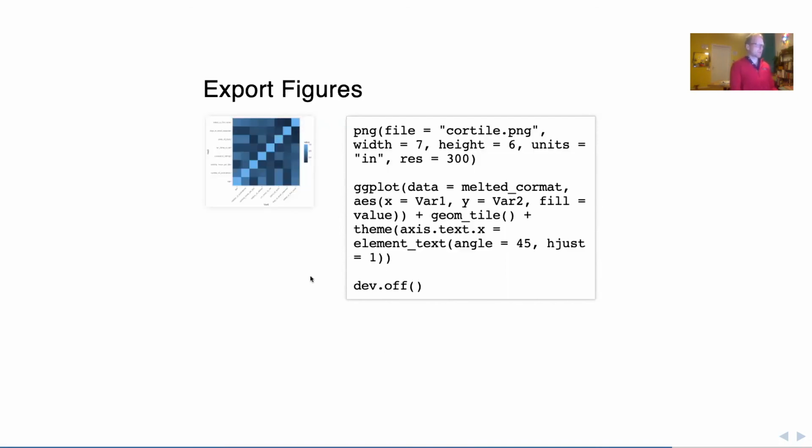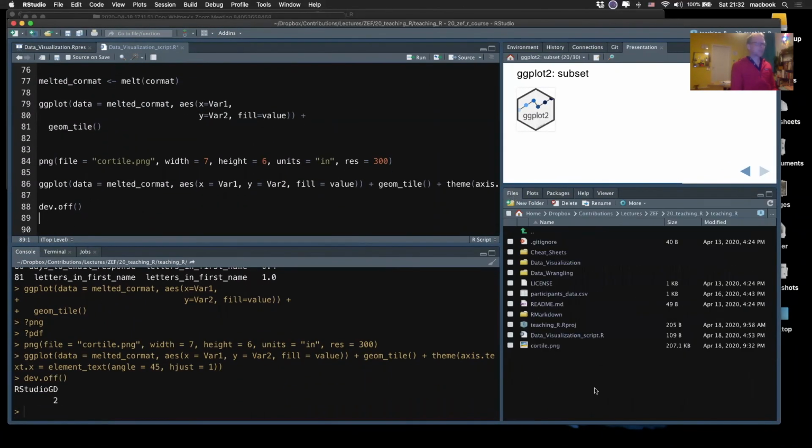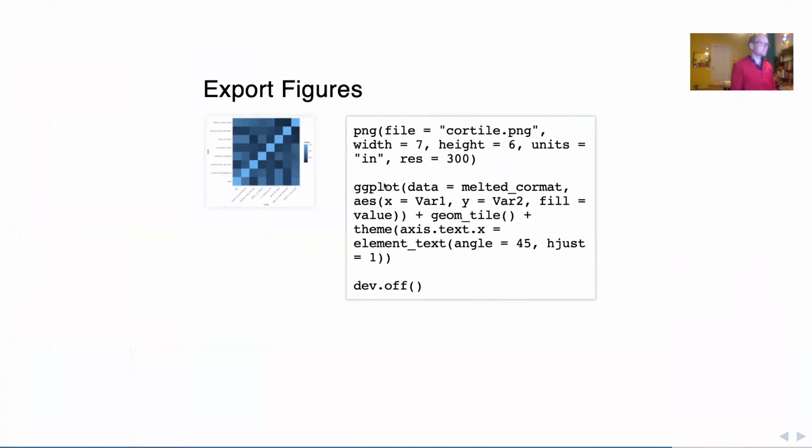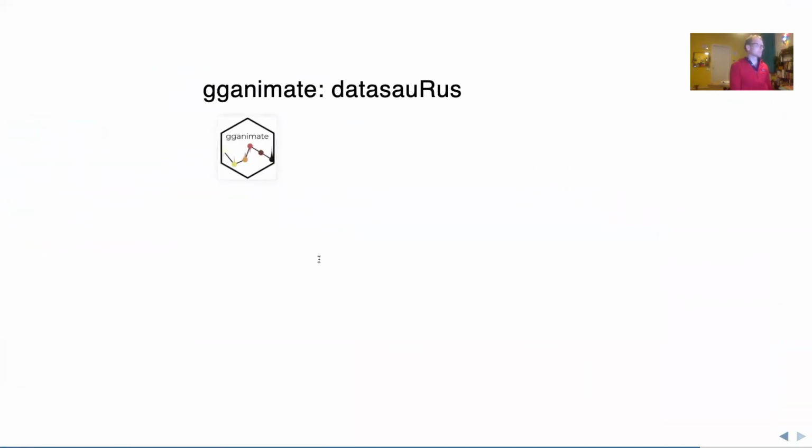And please export that. And now, when I look in files, and I find my teaching R project, then I'll also find in that same level, quartile.png. Again, check with your journal about the size and the resolution, and check out PDF. Yeah, we did that. Now, I want to show you some really exciting stuff, gganimate, so how to make moving